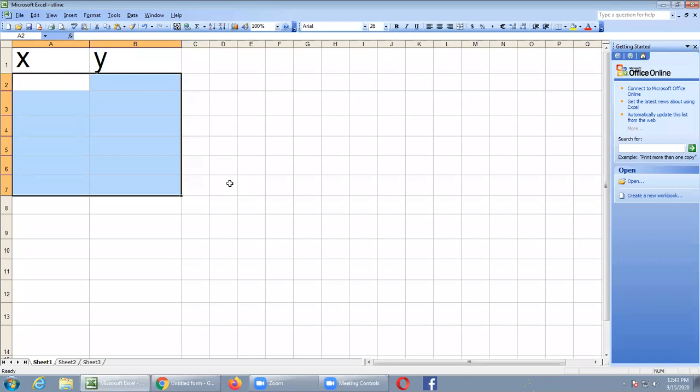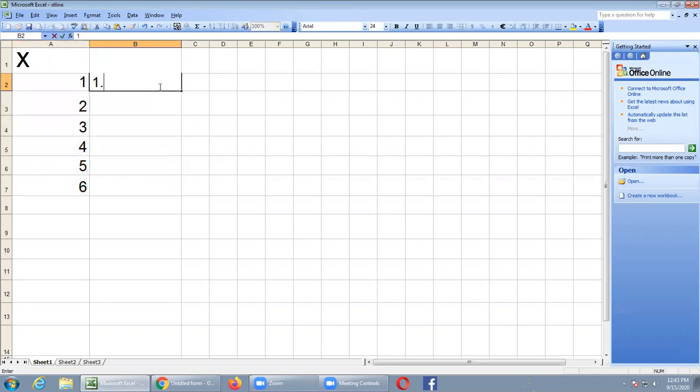I will take the problem x values 1, 2, 3, 4, 5, 6, and then y values 1.6, 4.5, 13.8, and then 40.2, and then 125, and then 300.